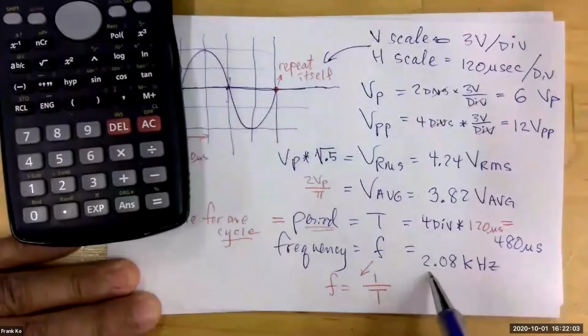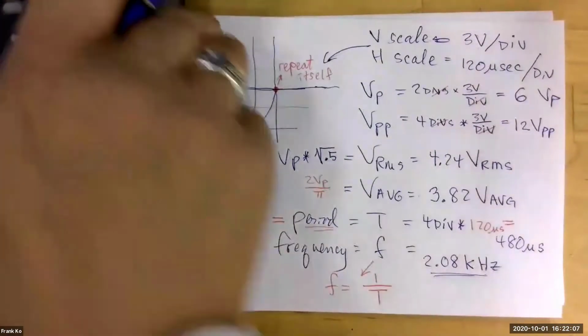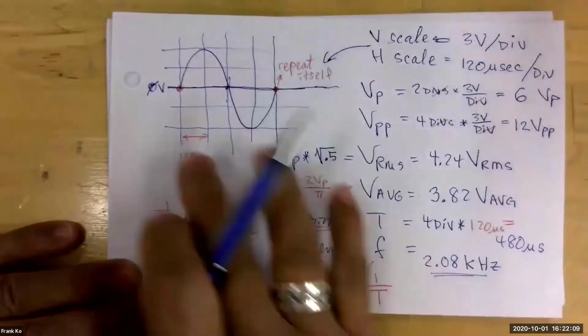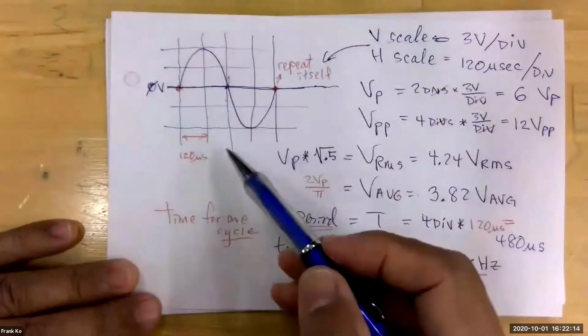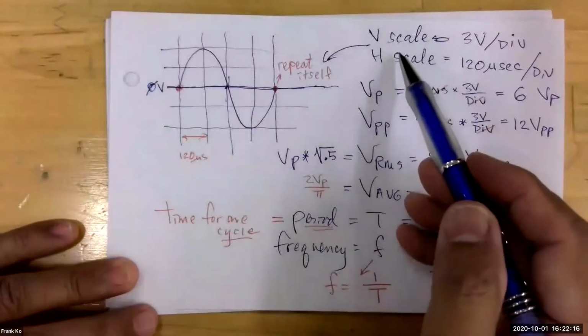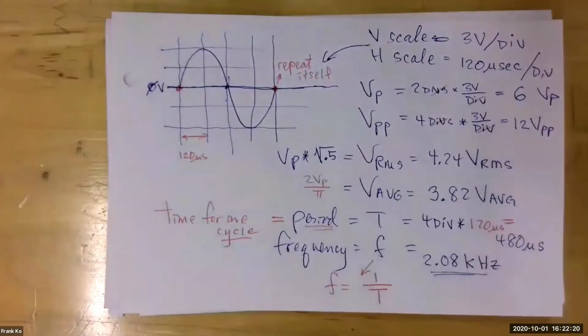We have a frequency of 2.08 kilohertz. Yes, so far so good. All right. So you would be presented with an exercise something like this. You would have a waveform. It would be graphed. You would have a vertical scale. You would have a horizontal scale, and you need to determine each of those